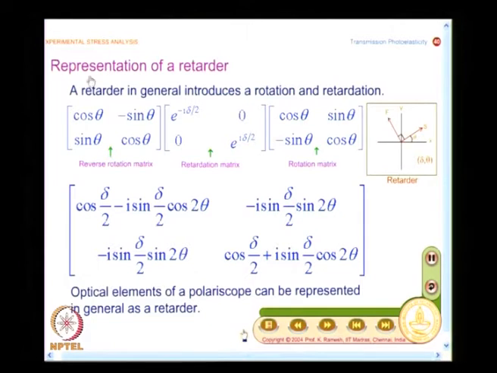So, the representation of retarder clearly shows that I can represent it as a matrix like this. And if I know this matrix, it is also very easy to remember, there are not very complicated terms. I have cos delta by 2 here, and there is only a sign change, I sin delta by 2 cos 2 theta. Instead of cos 2 theta, I have this as I sin delta by 2 sin 2 theta. So, it is also very easy to remember, and even if you forget, you can always go back and write this basic multiplication sequence and get the result even at the examination.